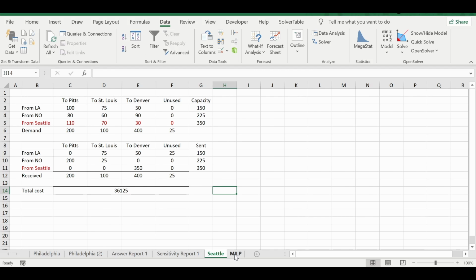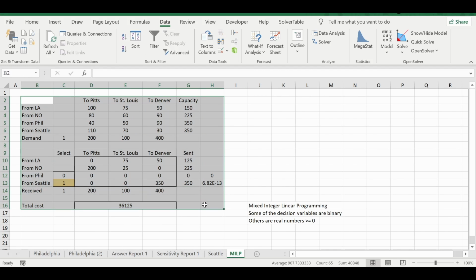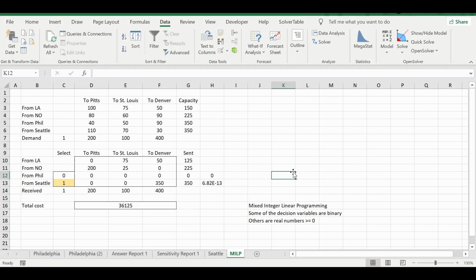What I am saying here is, I will solve only one model and tell you which plant is to be used in which location and how many units of goods are going to be transported from a particular node to some other node. That is the purpose of mixed integer linear programming, putting the two models together in one model. So that's it for now. It is complete.